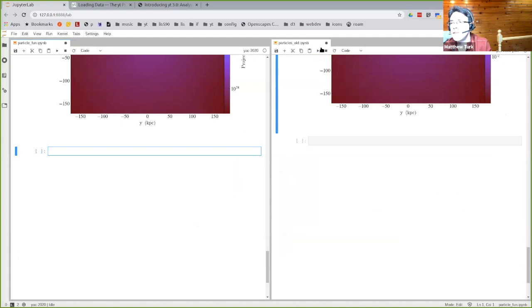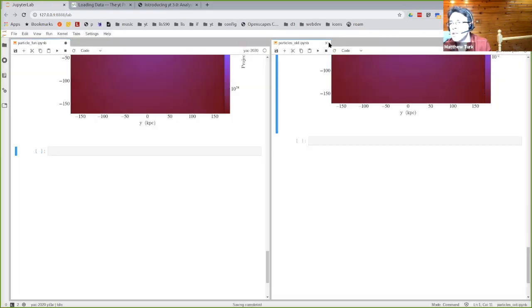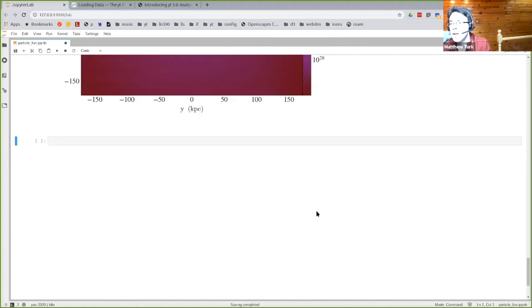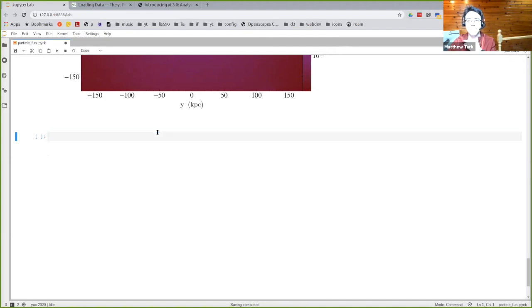So in terms of other functionality, here I'm going to save this and close the old one. The functionality that we use throughout other areas of yT is all replicated and accessible here. I'm not going to show the phase plots because those are going to be covered a little bit tomorrow. But we can do things like